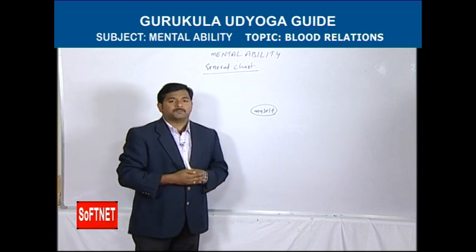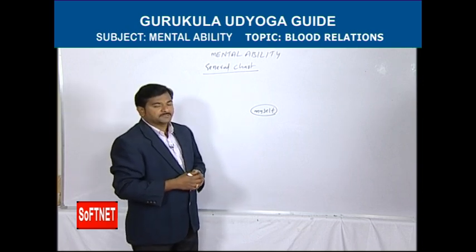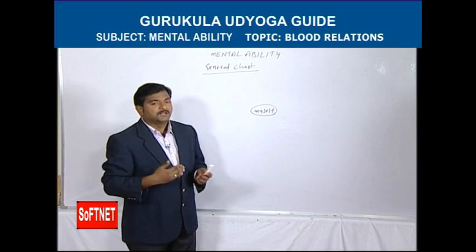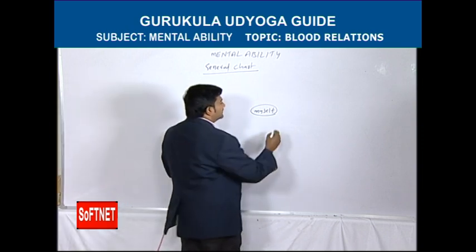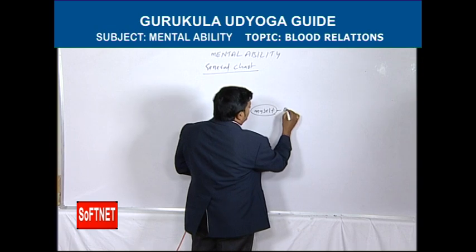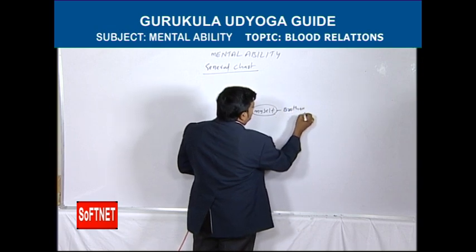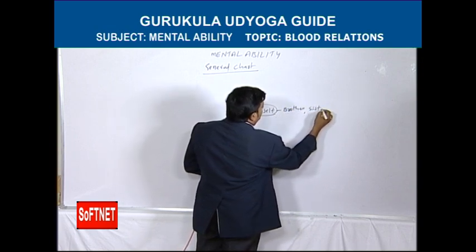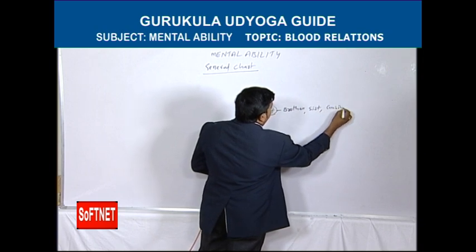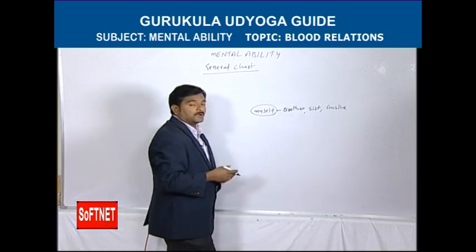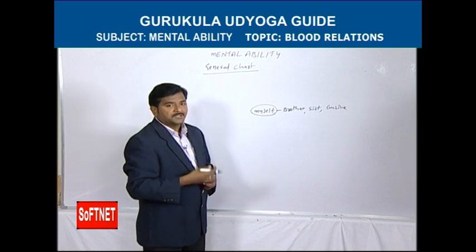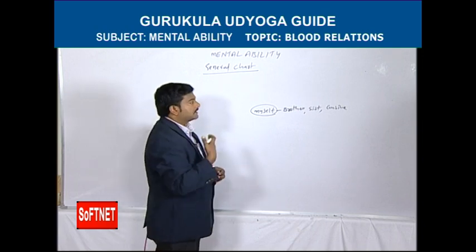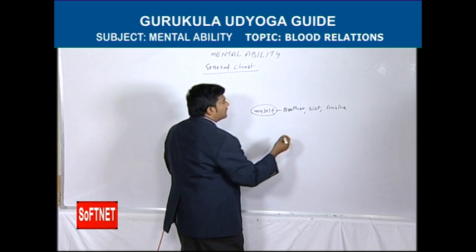All contemporary relations to me. What does it mean? The relationship that is equal to me. So myself, for example, my brother or my sister or my cousin. If you observe here, these all are contemporary to me in terms of age. My brother, my sister, my cousin, or my